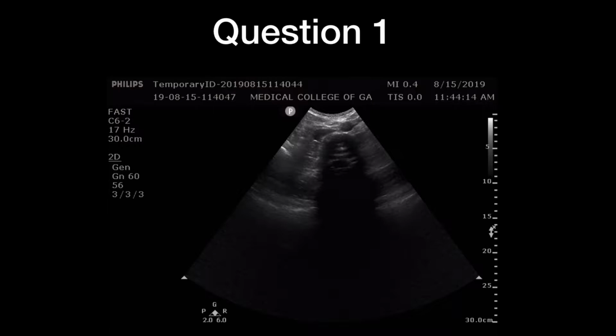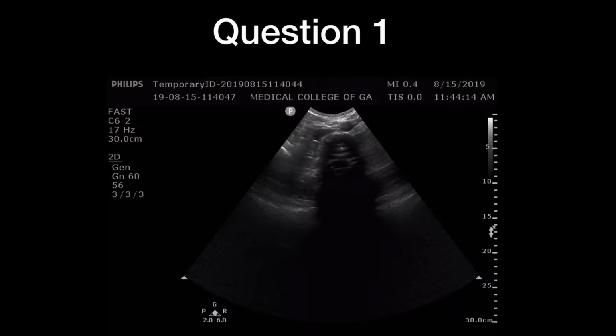So in this image we see an ultrasound of an aorta as well as the spine and the IVC. And the problem with this image is that there is entirely too much depth. As we talked about in the lecture, when you're looking at structures, you want to try to center them on the screen. So here we see that we actually have up to 30 centimeters of depth, which is marked on the side there. Our aorta is actually about 3 centimeters deep, and so we want to try to optimize the image so that the aorta, which would be the structure we want to look at, is centered on the